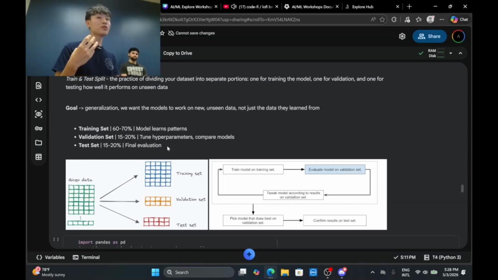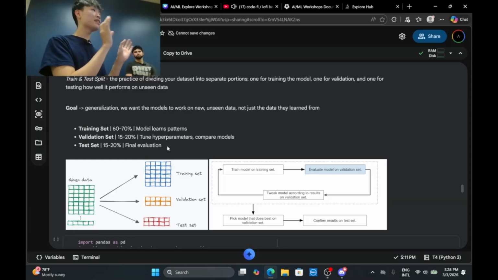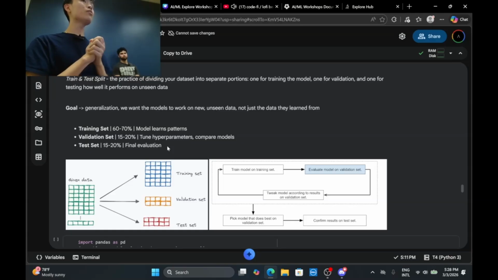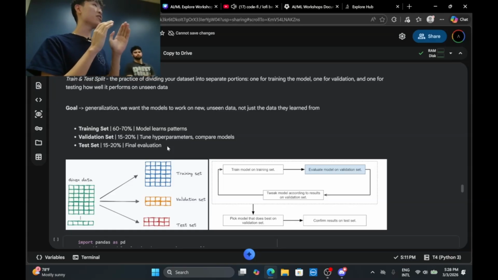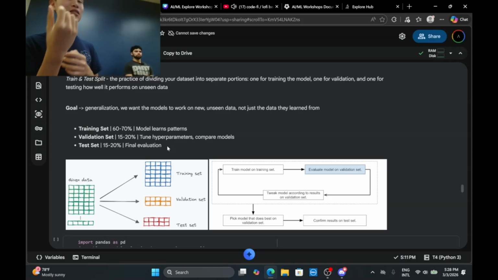We want to split into obviously training set and testing set, but then we also have a validation set. The reason we have this is to eliminate the chances of the model having a kind of idea of what the test is going to be on, or we eliminate the chances of the data being leaked to the model.